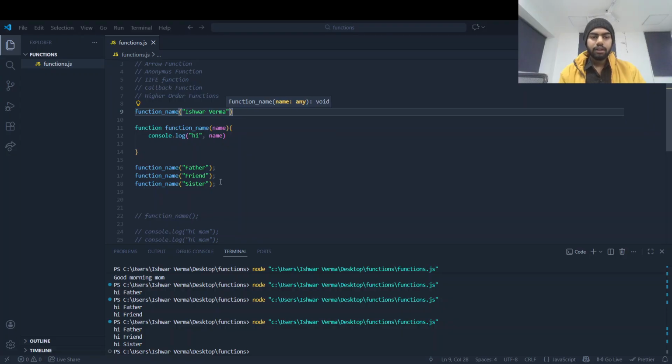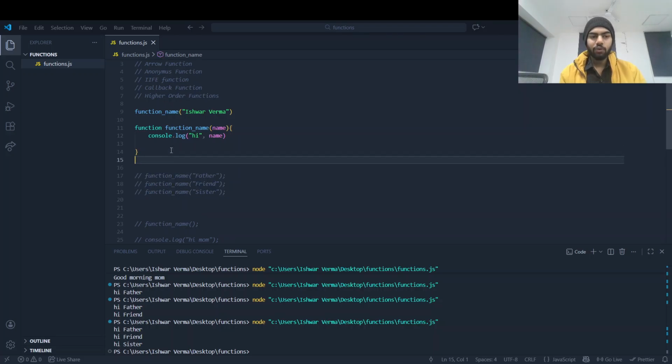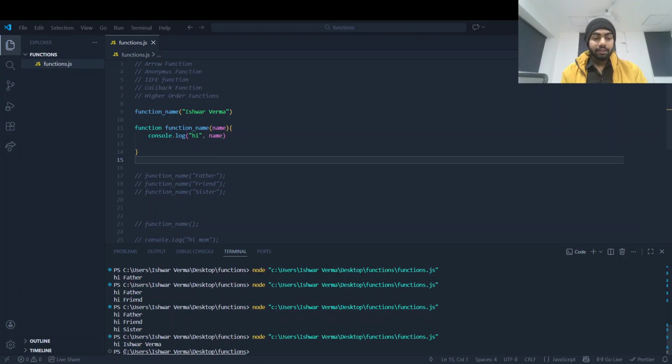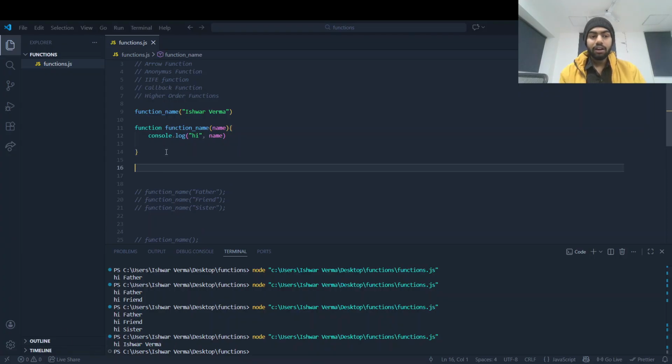If I comment it out, you can see hi Ishwar Verma is called, and we can also call it after its declaration. I am calling it with Saksham.